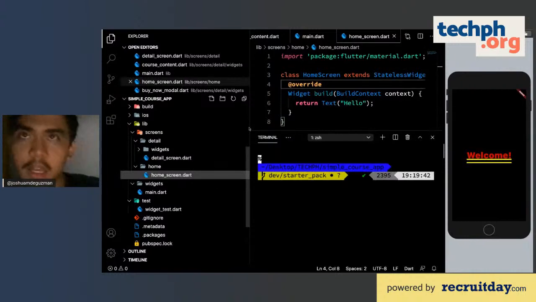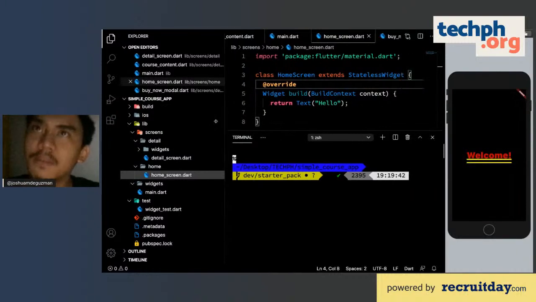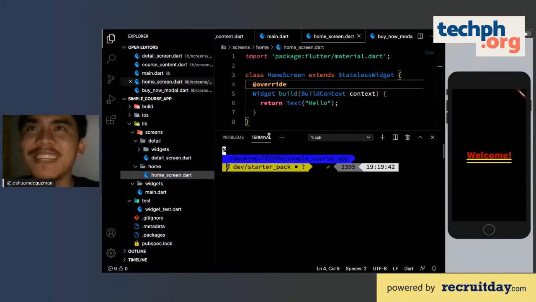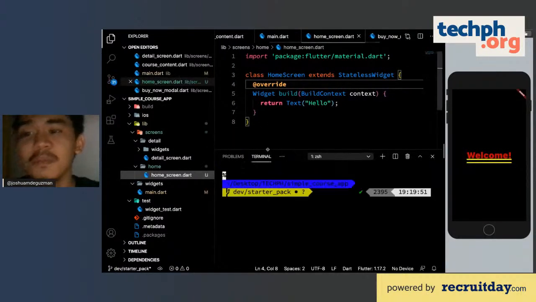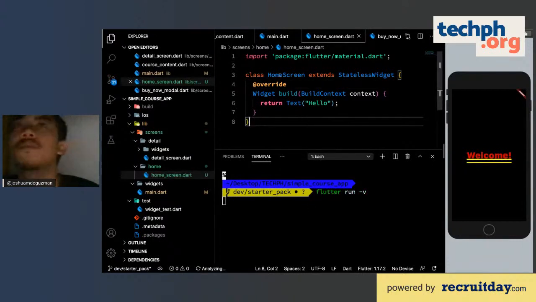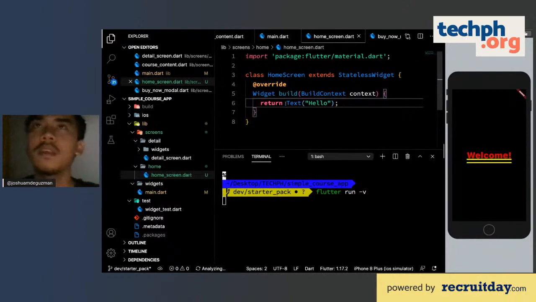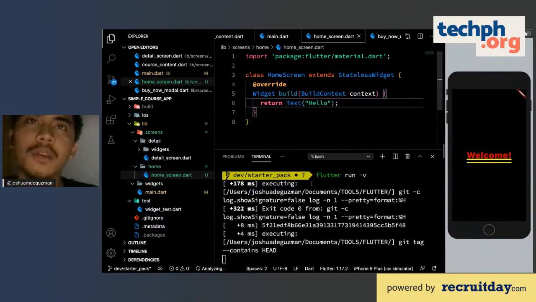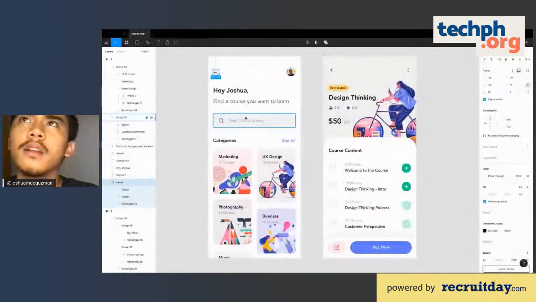By the way, if you are building apps for iOS, you have to use a macOS device. Unfortunately, Apple uses a closed system, which doesn't expose APIs that allow you to build applications for iOS on either Linux or Windows. So I'll just try to run it again and continue building our home screen. Just wait for it to run so we can confirm that this screen is actually added.